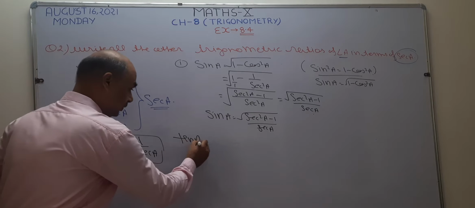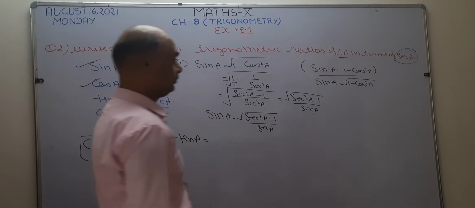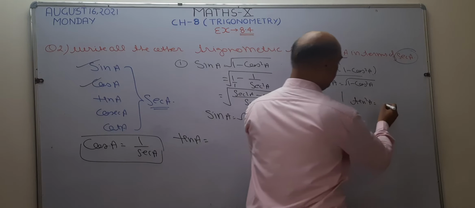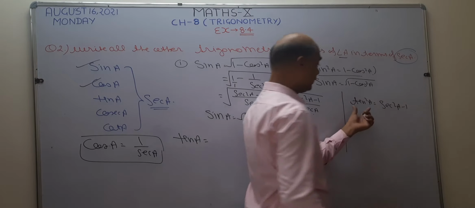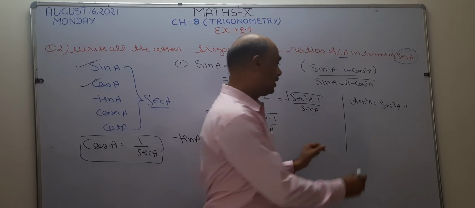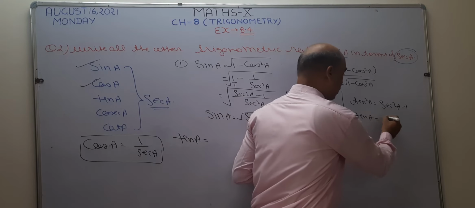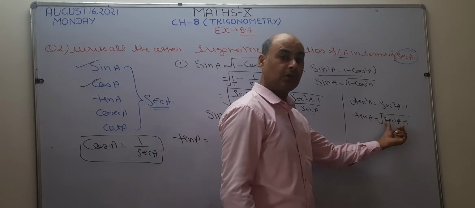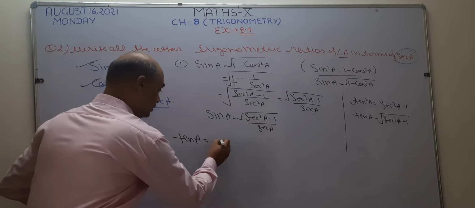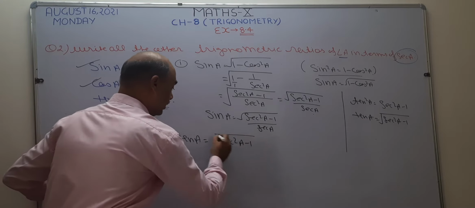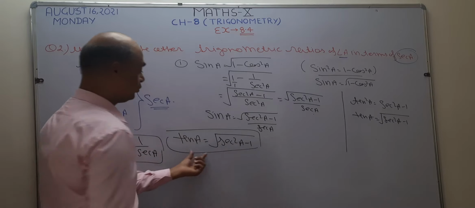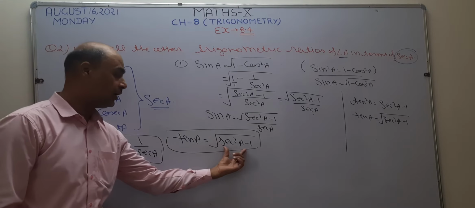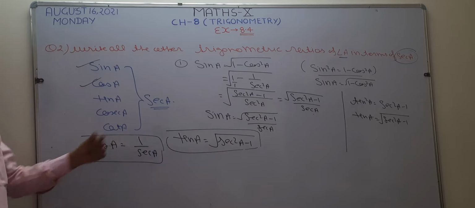Okay. Now tan A is there. To solve this, I want to use an identity. You know, tan square A is equal to secant square A minus 1. And so tan A is equal to the square root of secant square A minus 1. When I remove this square, it becomes a square root. So instead of tan A, what am I going to write here? The square root of secant square A minus 1. So this is in terms of secant A. I am going to convert this tan in terms of secant A. See, what is the answer? The square root of secant square A minus 1. Clear? This one is done.